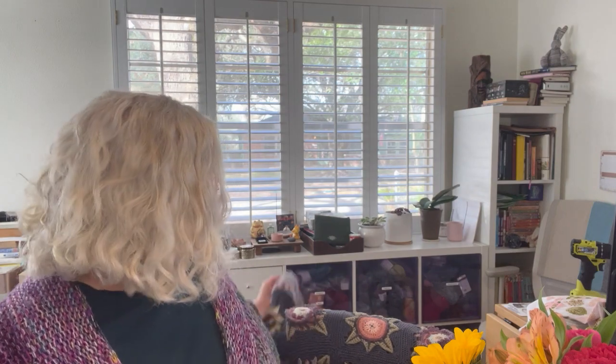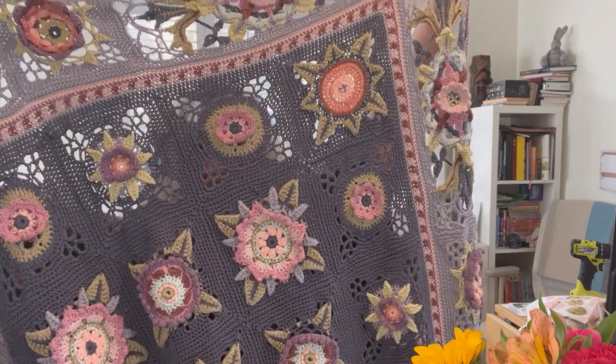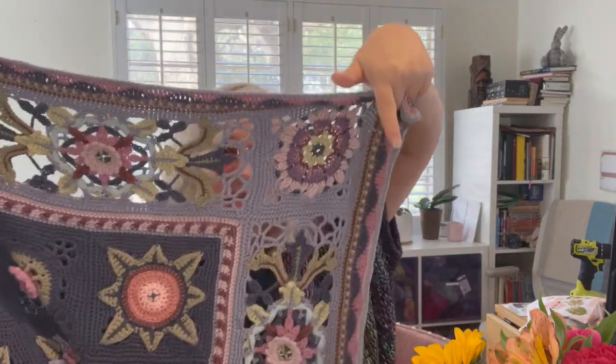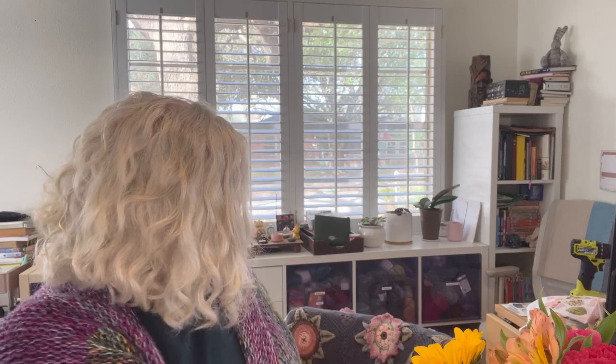So I don't know if you can see it on my chair behind me. This is one of the blankets I crocheted in the last couple of years. It's the Fruit Garden blanket by Janie Crowfoot, I believe. Janie Crow? I don't know. I will figure it out and post links down there. It's inspired by William Morris designs. It's very nice. I'll also link where I got the yarn